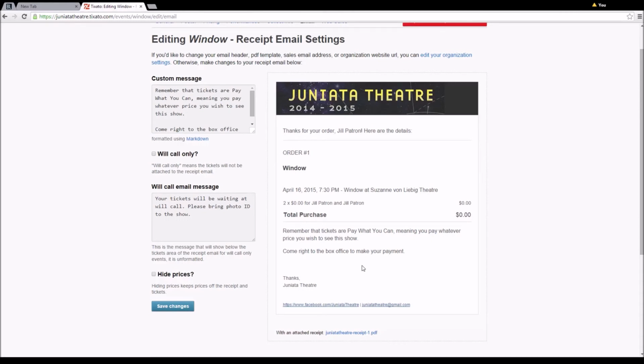that we want to make for the patron, reminding them that tickets are pay what you can. So right now the custom message is, remember that tickets are pay what you can, meaning you pay whatever price you wish to see the show. Come right to the box office to make your payment. So we want to reiterate that they need to only make their payments in person at the time when they see the show. So to save this custom message, we go back to the top, hit the box that says